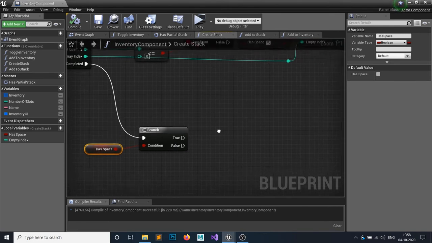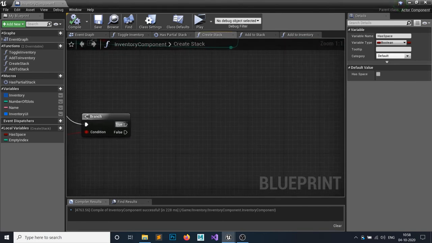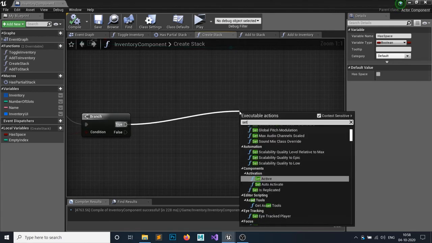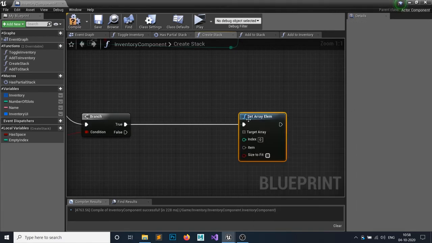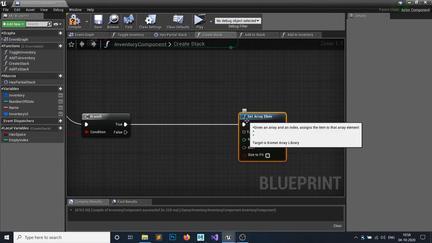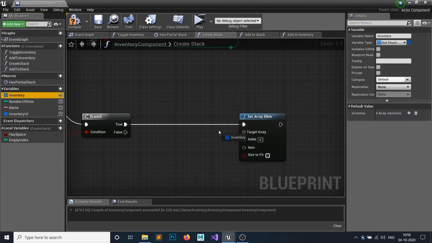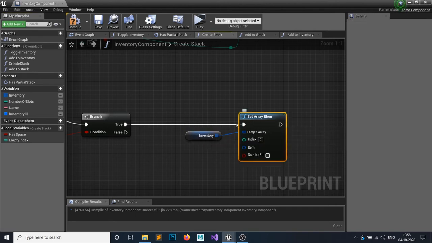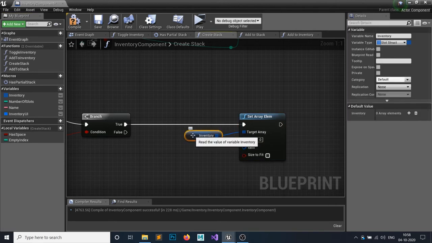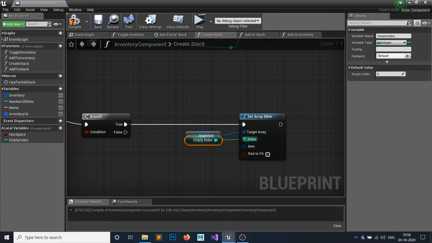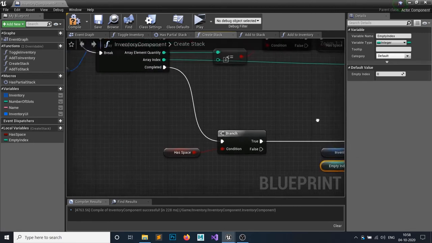So if we found our empty space slot, then what we want to do is set the array element of that empty space to our item. So the array would be your inventory array. So get this inventory and attach it to your target array. So where do we want to set our array element? In this inventory array, and the index would be your empty index, and the item would be this one,